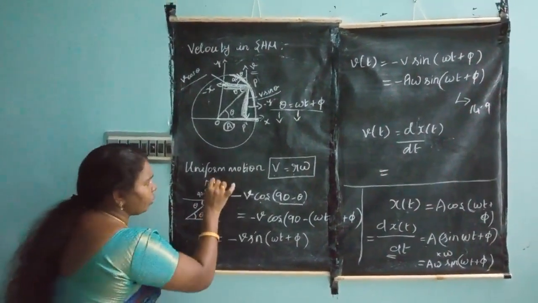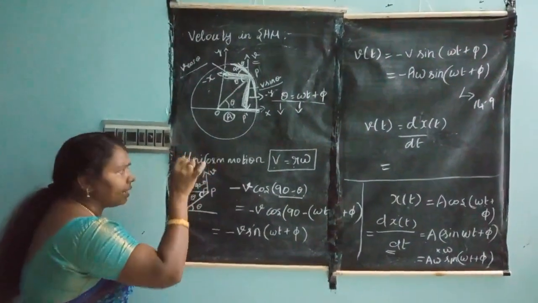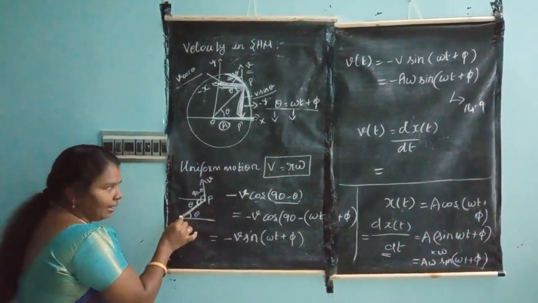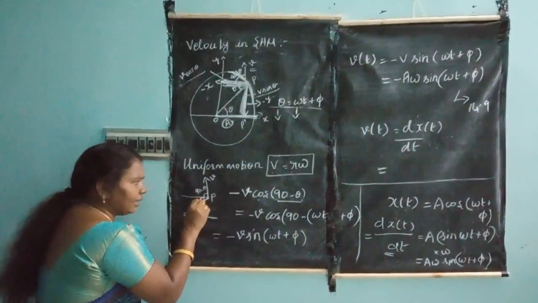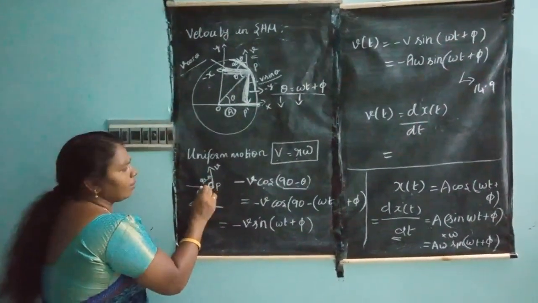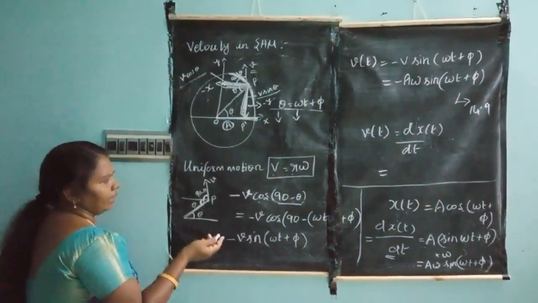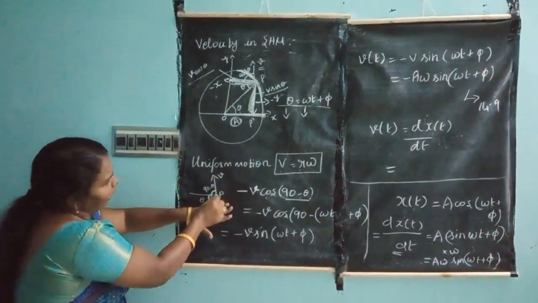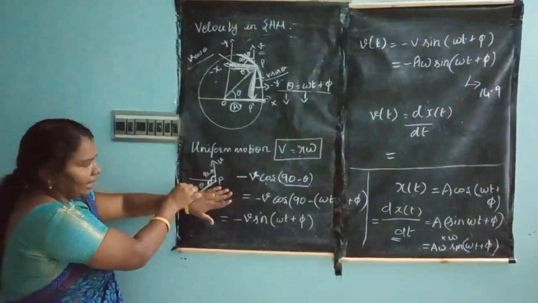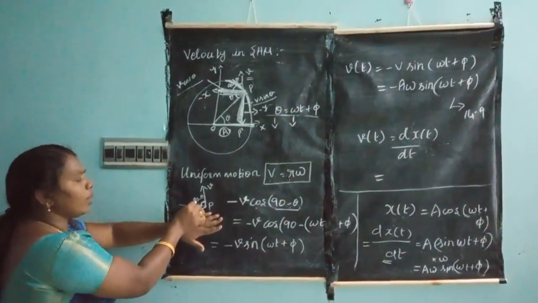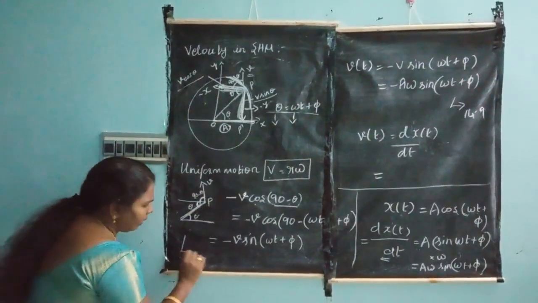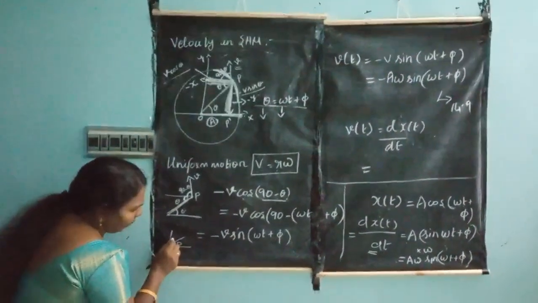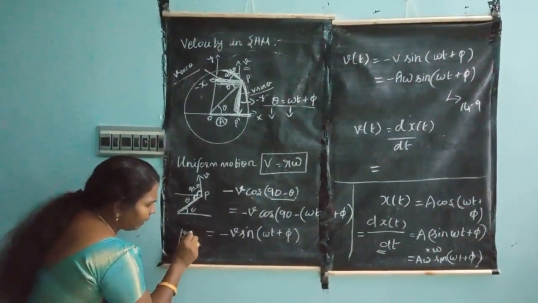So when I take that velocity in a tangential manner, what is this? This is the right angle, 90 degrees. Is it right? Yes. So this angle is theta, what is the remaining angle? 90 minus theta. Can you remember? So if you are considering this as a tangential position, a right angle, and this is theta, what is the remaining angle? 90 minus theta. You know that. It is a right angle theorem. This is theta, therefore the remaining angle is 90 minus theta.